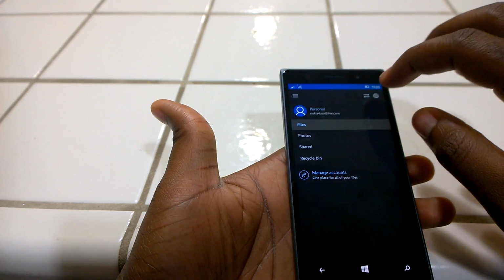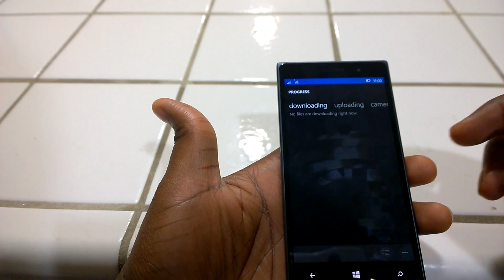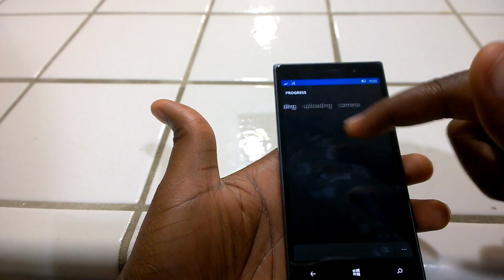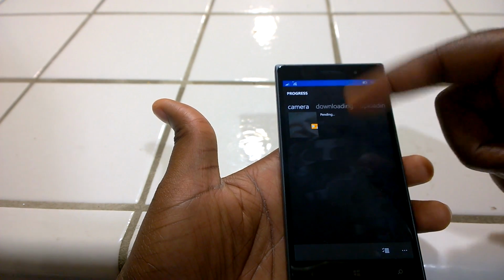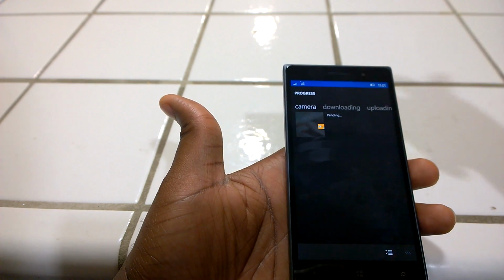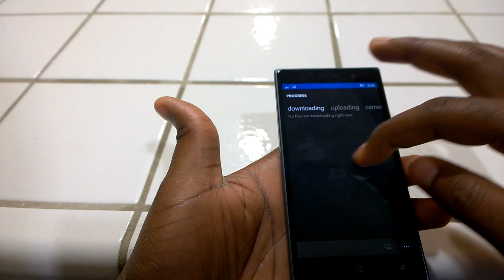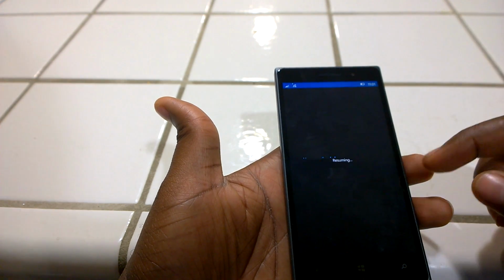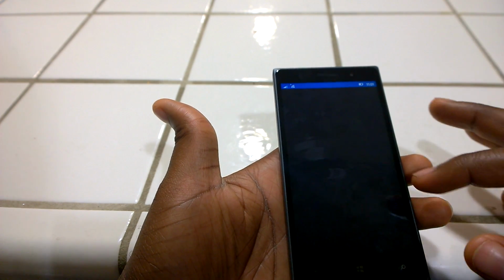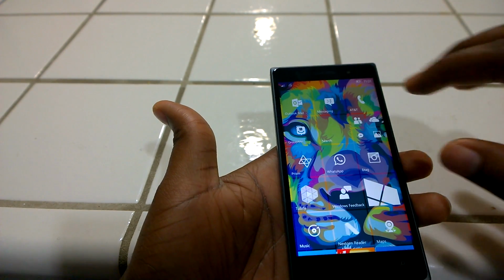You can see these arrows up here actually show you downloads or uploads in progress. As you can see, I have pending, since I turned on my camera upload, it's now uploading my pictures to OneDrive. So it shows you activities here. You can see uploading shows the status. It's kind of buggy, as you can see, so it just closed for no reason. Alright, so next up,